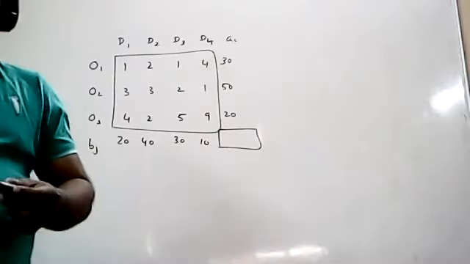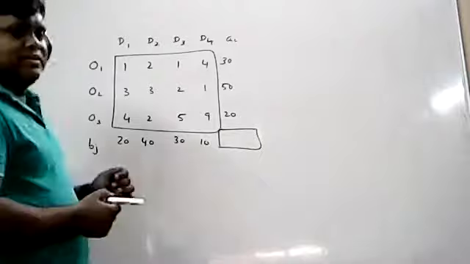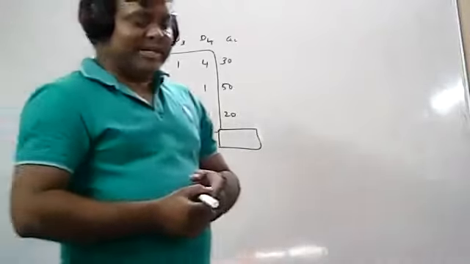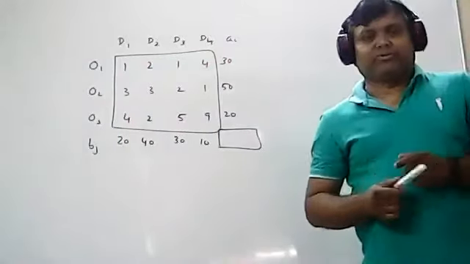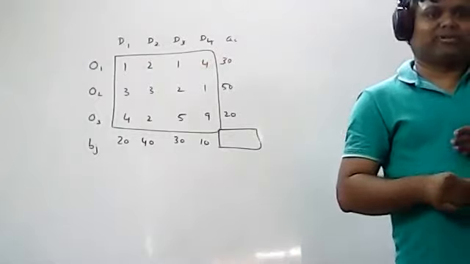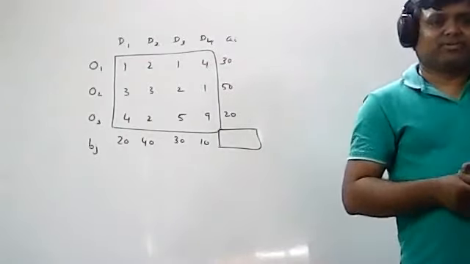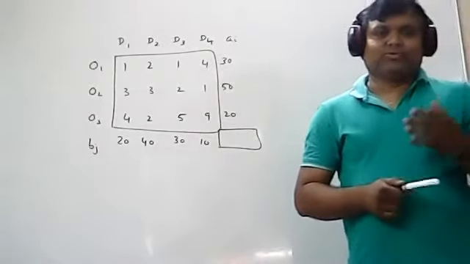Modi method means, all of you know, what is the first step? The first step is you have to find the IBFS by using any one of the three methods we have discussed earlier. Always which method should you use? VAM method. Why? Because you have done the previous problem, you know why. Sometimes the VAM answer is your final, optimum answer. That's why I always use VAM method.